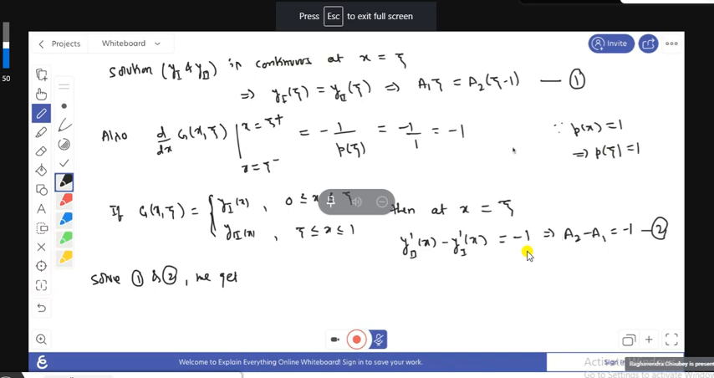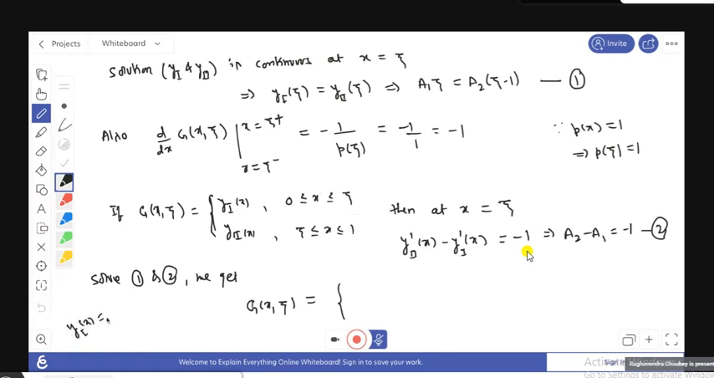So here, what is your Green's function? This Green's function is defined by this y1(x). y1(x) is a1 x, and y2(x) is a2 (x minus 1). But here we have to find the value of a1 and a2. So on solving these two, if we take this and put it here,